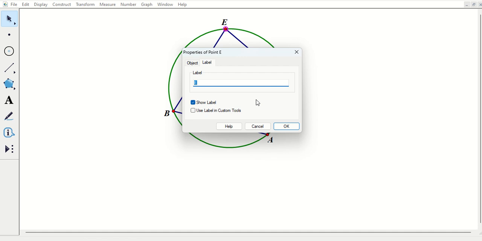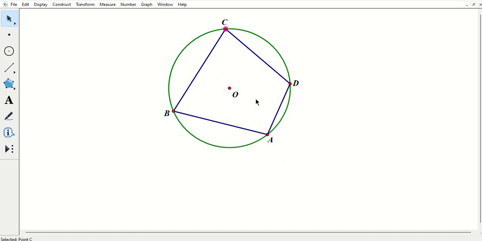Label point C. Okay, fine. So now that we've labeled our points, we have 4 segments here,